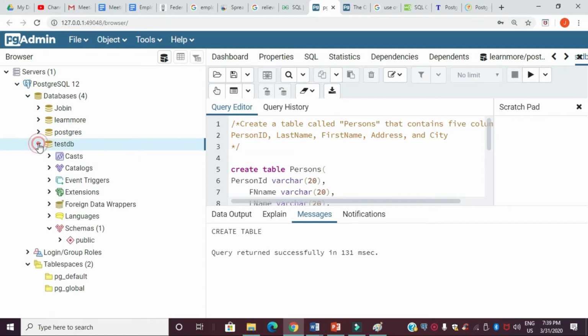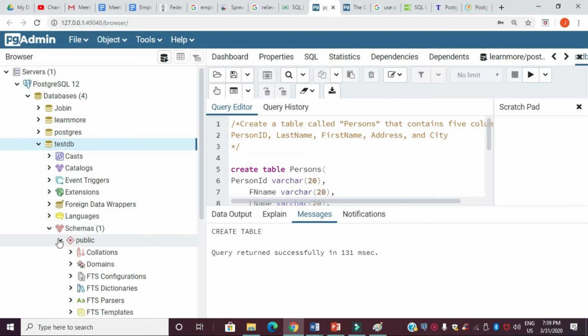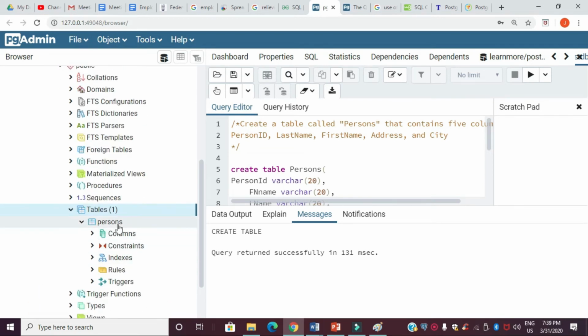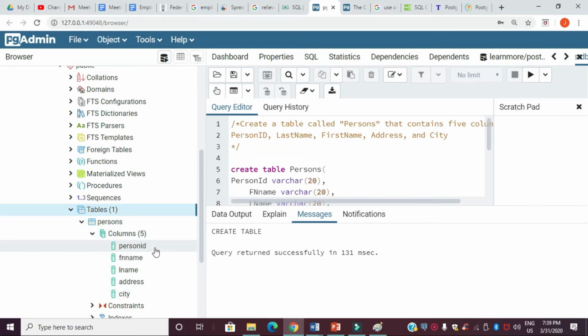Expand that, then under schemas you can see tables. Expand that and you can see the persons table. This is what we created just now. Then you have the column names: person ID, last name, first name, address, city, etc.